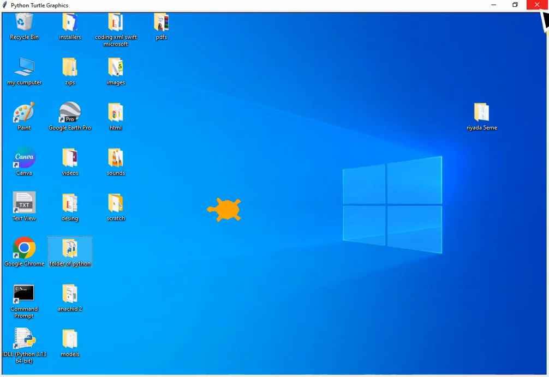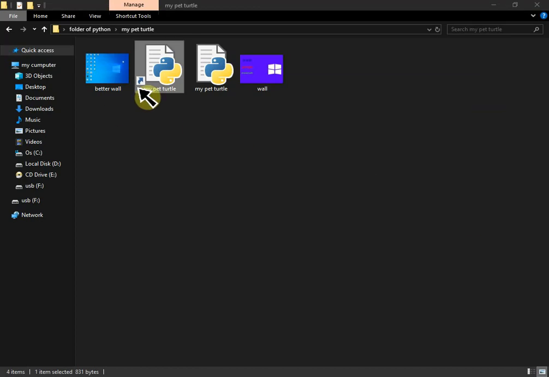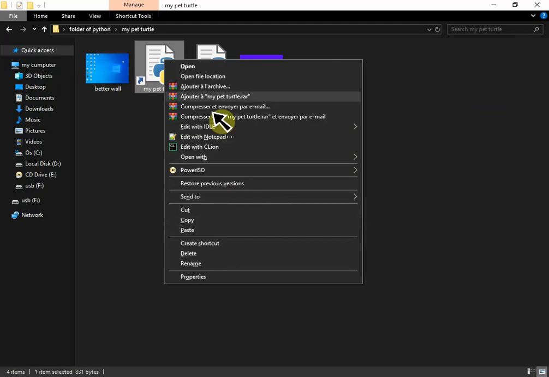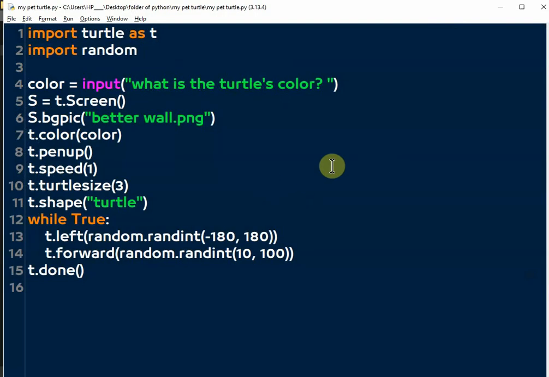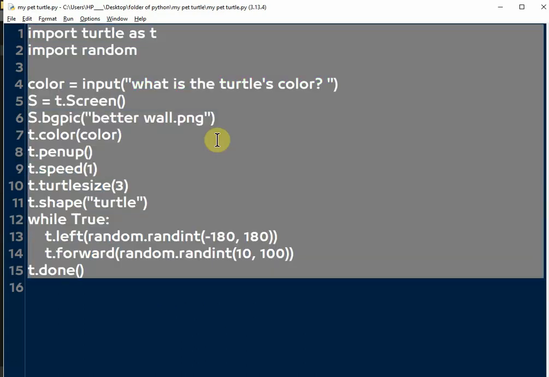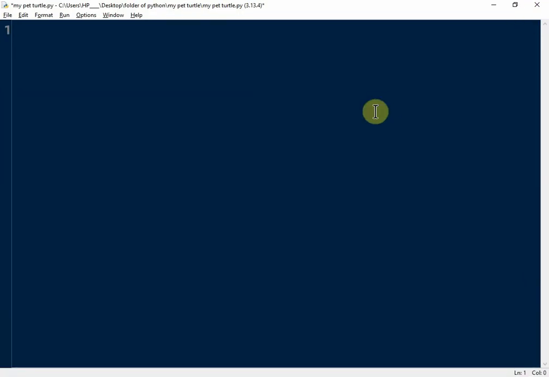Now let's code it. So I have a clone right here, and now let's recode the project. Okay. Edit with IDLE. Now here it is. I'll delete everything and we're going to code it by ourselves. Now, first import random. Random is a module that chooses random numbers, and we're going to import turtle